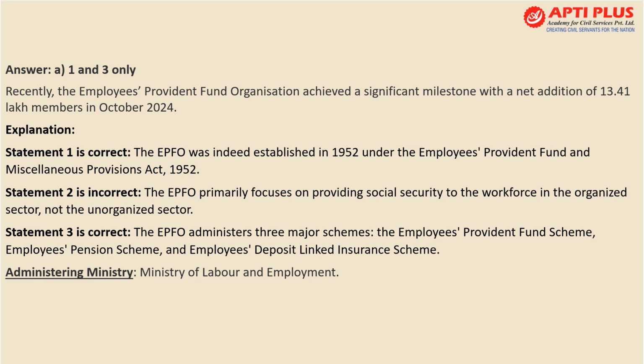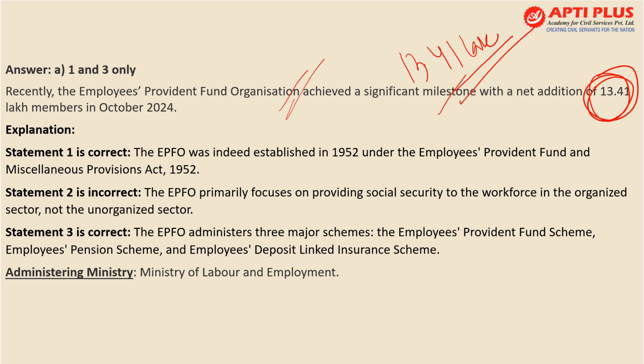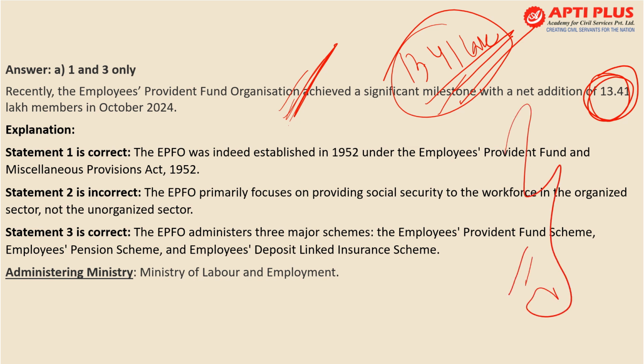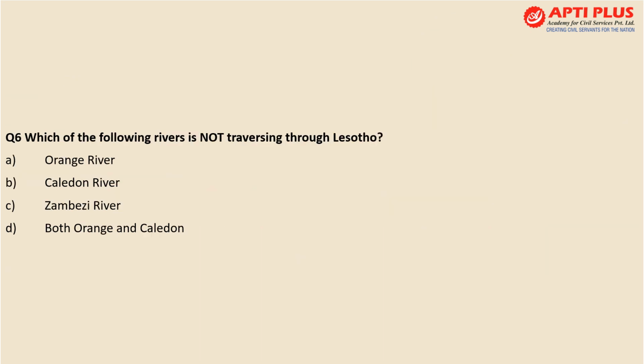So what happened recently? That this organization has achieved a new milestone of 13.41 लाख मेंबर. तो आज इस ऑर्गेनाइजेशन के 13 लाख मेंबर्स बन चुके हैं, मीन्स ऑर्गेनाइज सेक्टर्स के जो एम्प्लॉयज होते हैं वो इसका पार्ट बनते हैं। दैट्स व्हाई अभी रिसेंटली बहुत ज्यादा न्यूज चली थी ईपीएफओ के बारे में, तो हमें एज एन ऑर्गेनाइजेशन सेक्शन में ये टॉपिक पता होना चाहिए।